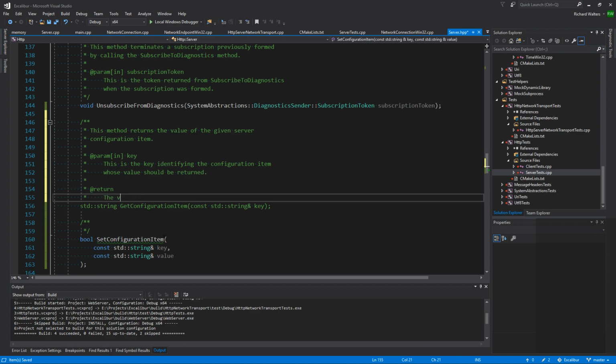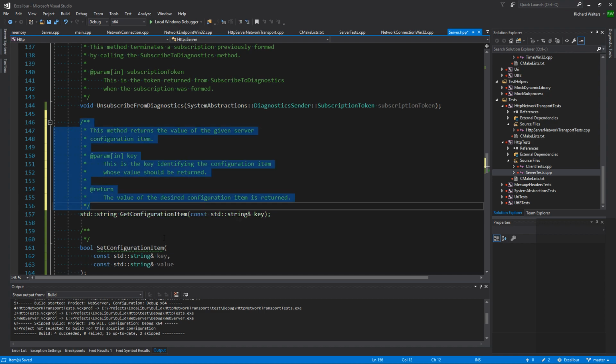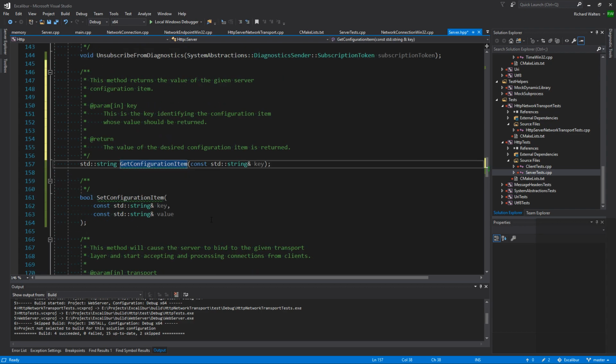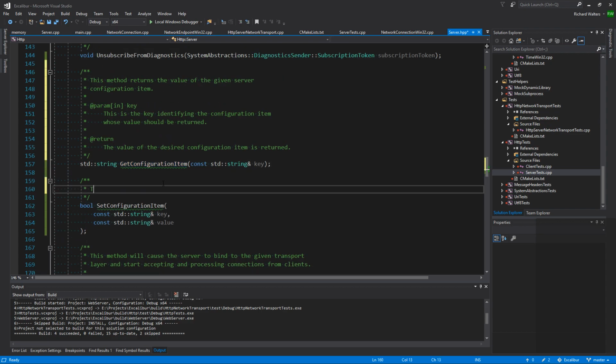The value of the desired configuration item is returned. We'll just make it simple where there is no such item. It'll just return empty string, and setting will return